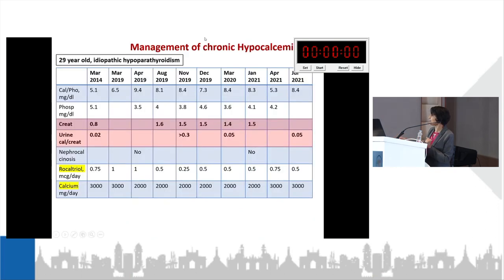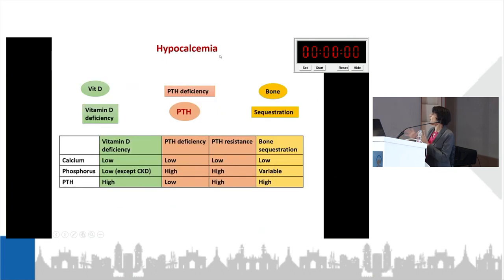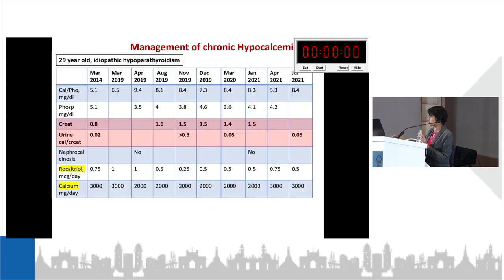So chronic hypocalcemias require long-term management and long-term monitoring, as shown in this particular slide, where calcium gets of course corrected, but we ought to be very, very conscious of the fact that we don't produce hypercalciuria in this group of individuals. And the treatment is of course with active vitamin D and elemental oral calcium-based regimens.